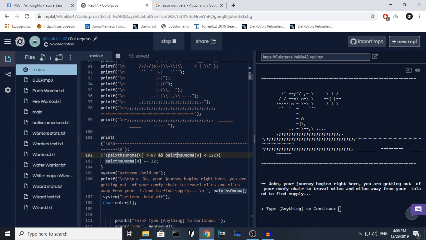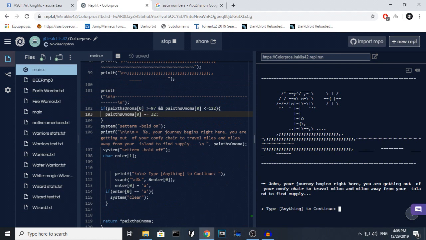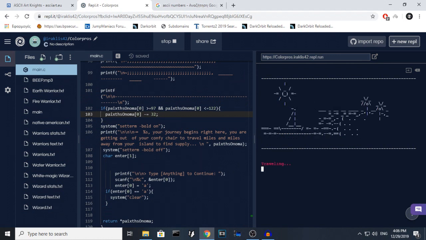I hope I explained it well, so you can actually get it. But nevertheless, here's how you make a lowercase letter to uppercase. Thank you. And no, we're not actually closing yet. Let me show you the whole thing. So traveling right now,